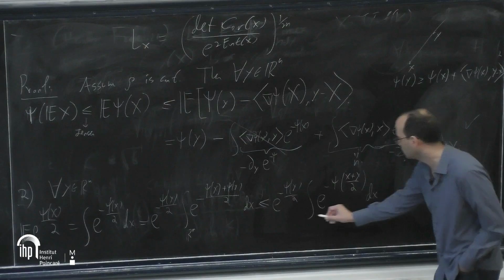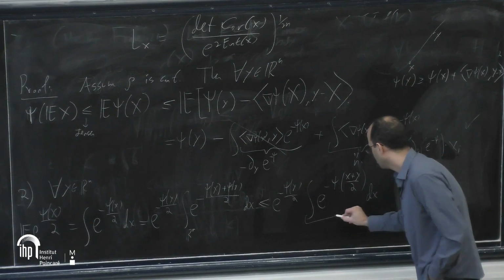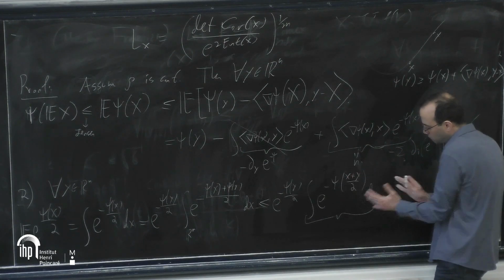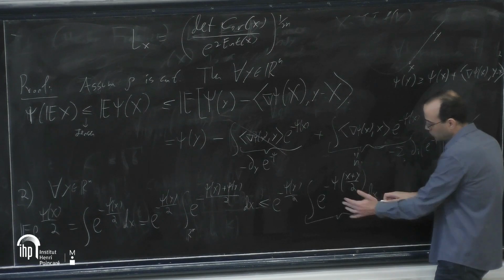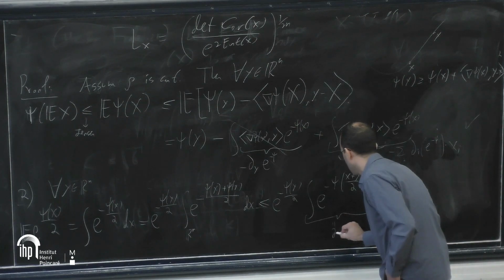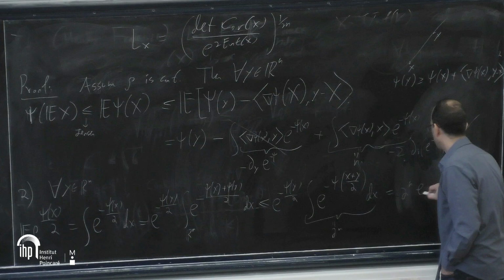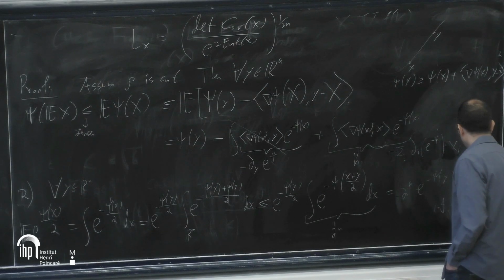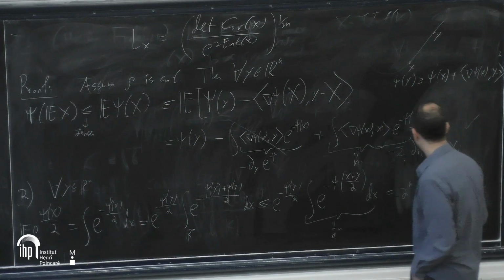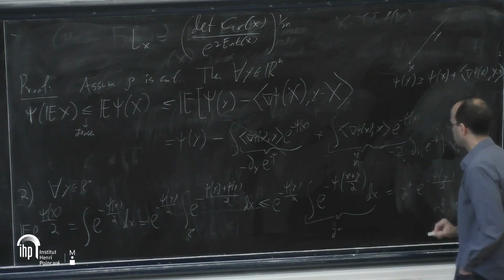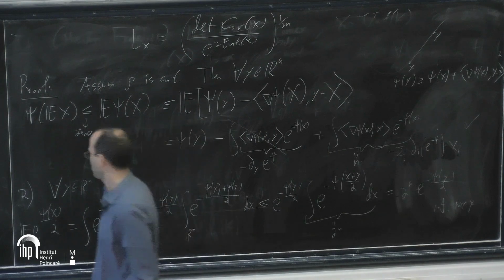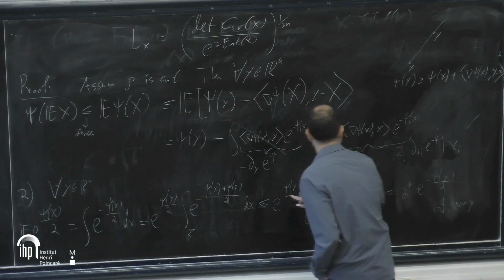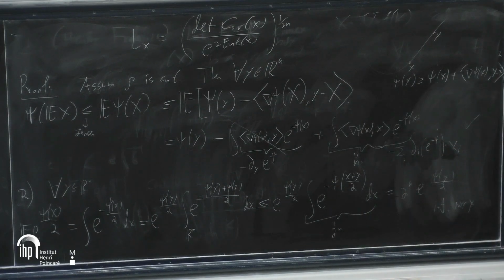Okay, so just continue. You just change variables. y is just a constant, so it's x over 2. So for dx over 2 you need 2 to the n. This equals 2 to the n e to the minus the infimum over y of psi. Yes, there was a minus, thanks.